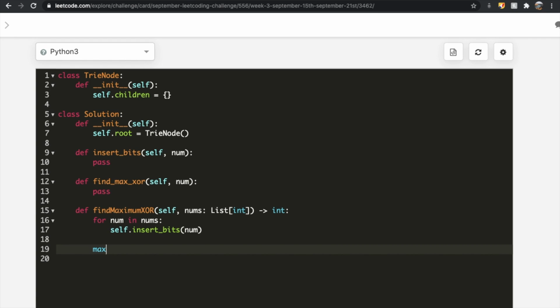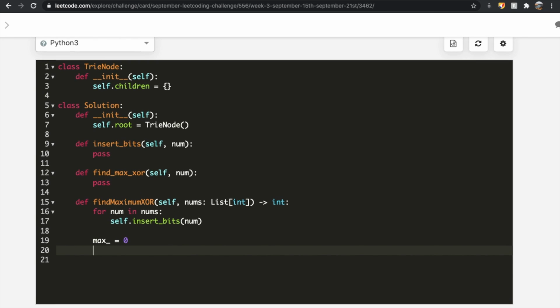Okay, and over here, we're going to have a number called max_. This is just going to be whatever number is the output of the maximum XOR value. We're going to start it off with a value of 0, and if there is anything bigger than that, it's going to get replaced with that value. Okay, so for doing this, we're going to do for num in nums, iterate through all of our